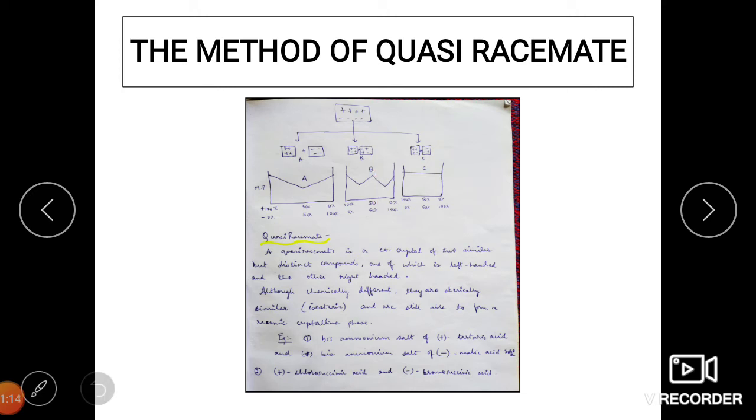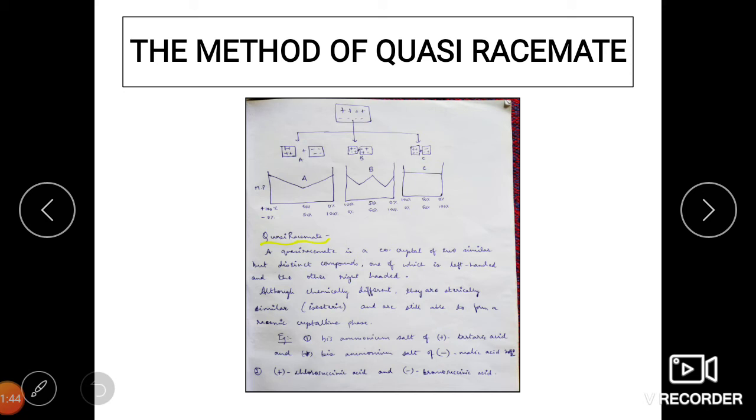Next, moving on to the pseudo-racemate. Here it is not a uniformly formed crystal. It is going to have different amounts of the plus and the minus enantiomers, and hence it is not going to have a specific melting point, and you are going to write it in this form, like a linear plane. This is how we are going to represent the pseudo-racemate melting point.